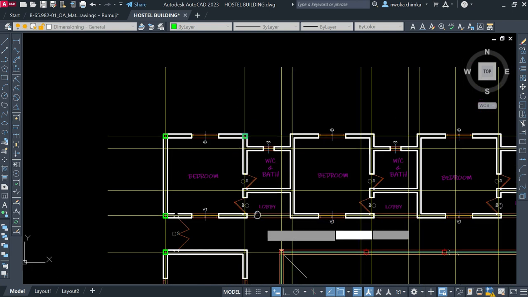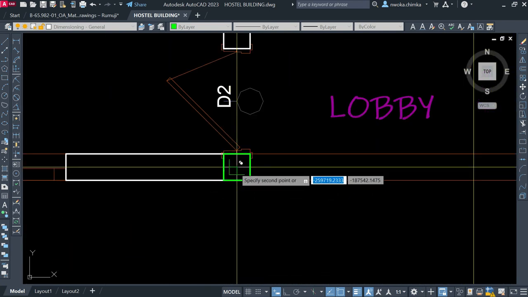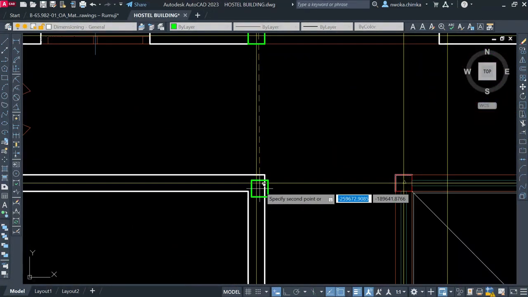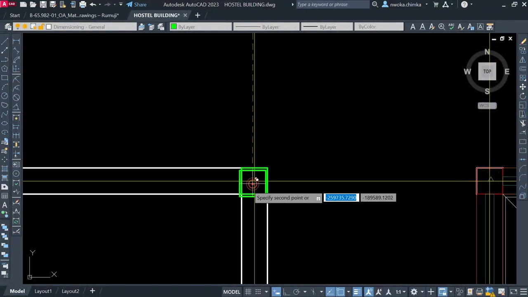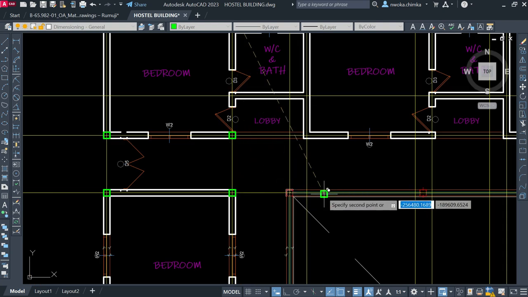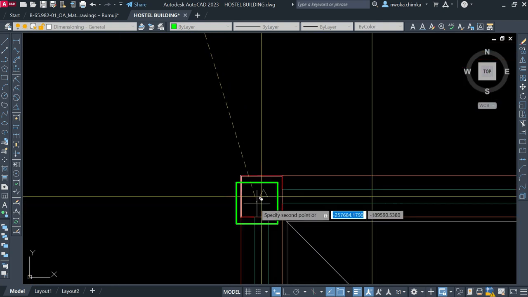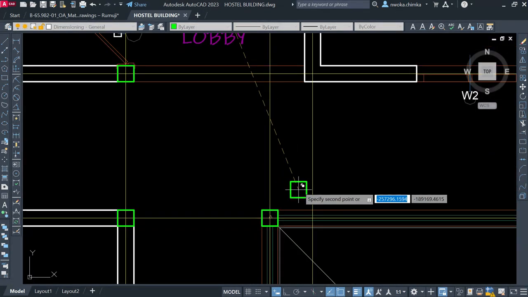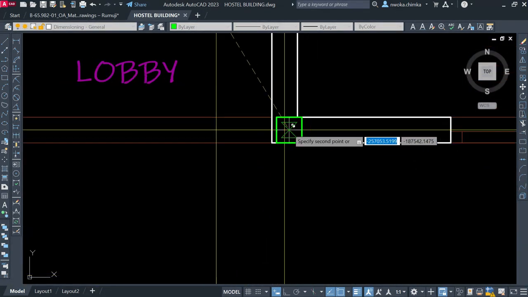So I'll just place your column. Now, placing your columns depends solely on you as a structural engineer. You have to decide which area you want to place your column. Now the guiding principles for placing your column is that first, know that as a beginner,